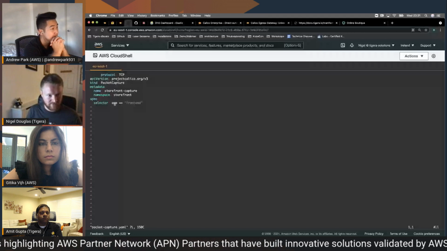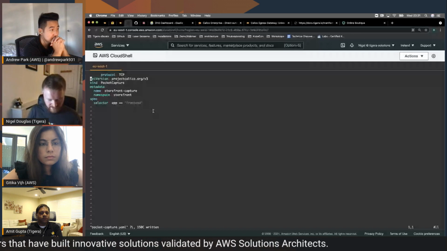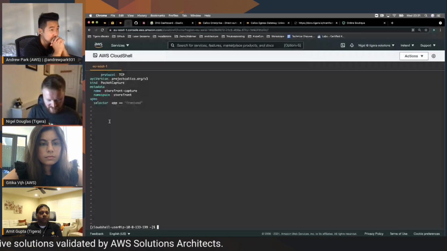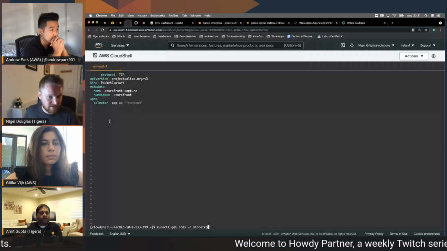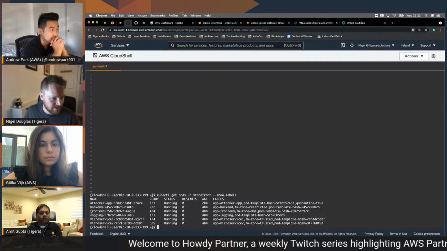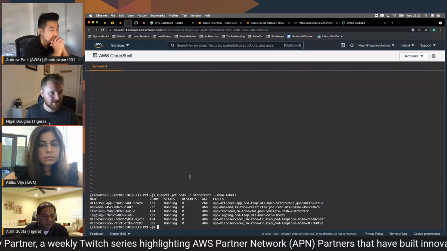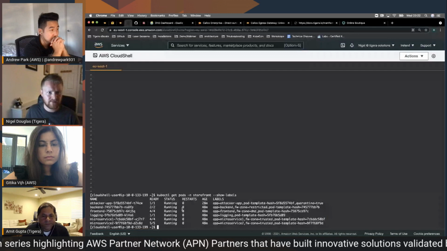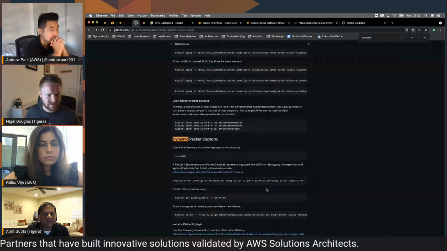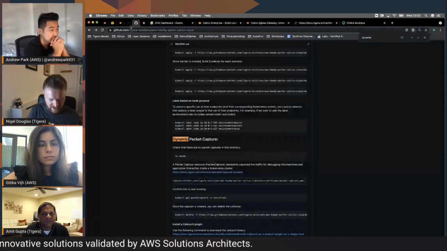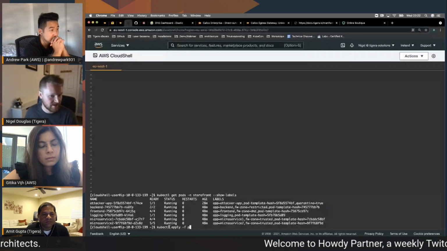So we may have quickly looked at that a while ago about my pods in my different namespaces. So I can say kubectl, just for the purpose of demonstrating, -n storefront, and we want to see the labels. I have my frontend pod, and it's the one I'm focusing on here because it has app equals frontend. So we know the labels, we're going to apply that to our example here. So actually, what did I call my file? It was called packet capture. So I'm going to say kubectl apply -f packet capture. And that creates the packet capture. So as you can see here, packet capture has been created.